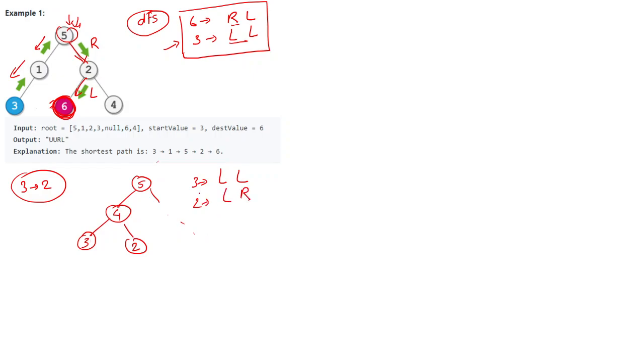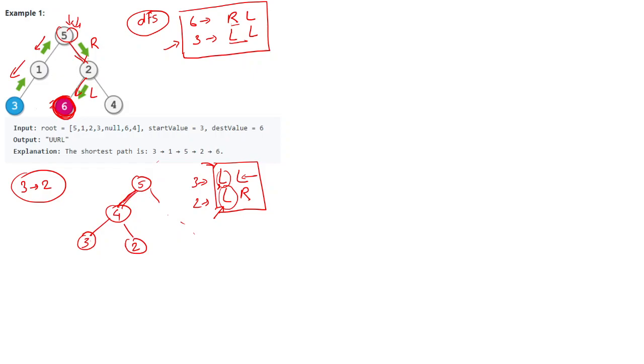Now if you can see here, once we have got the paths, we can easily compare the consecutive characters in both the strings, and if both of them are the same, that means we are traveling the same path again. So basically what I mean is, left is we are coming left for 2 as well, we are coming left for 3 as well.